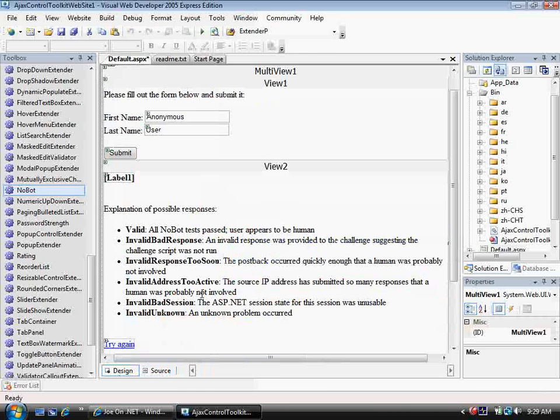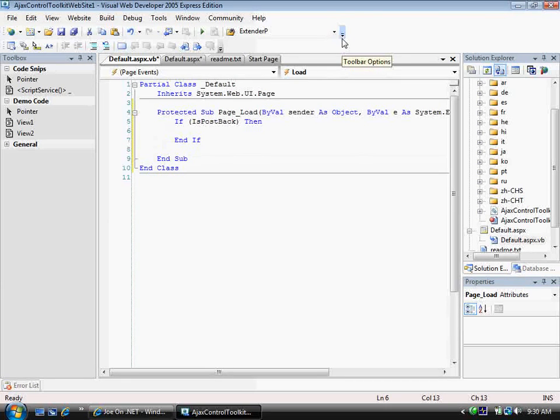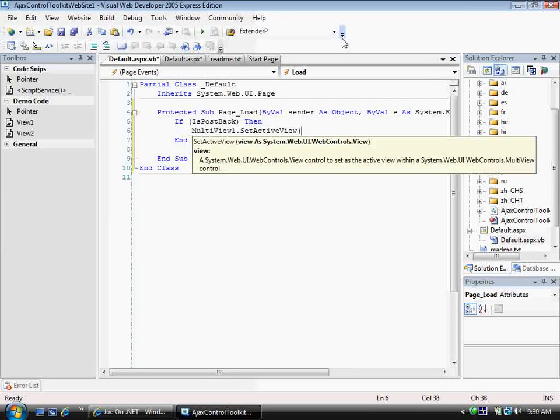So here's our page. Now let's generate a page load event. The first thing we're going to do is say IsPostBack, and if it's not a post back, then we're just going to draw the page. That's because it's being done for the first time. If it is a post back, then we're going to take our multi-view control and set the active view to the second view,